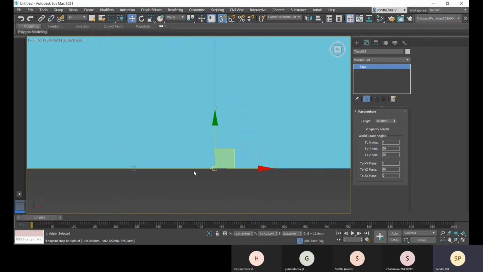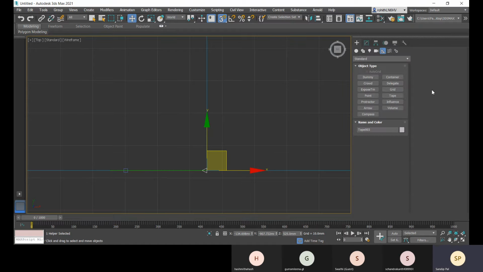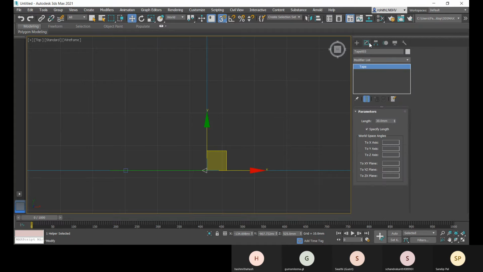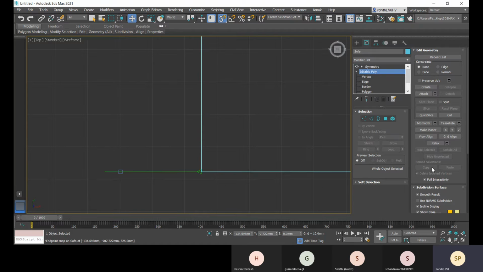Okay, no problem. Just a second, let me find out. So this is the point. So let's go for that and modify. Select this editable poly and go for this cut, and here I will find the snap points.